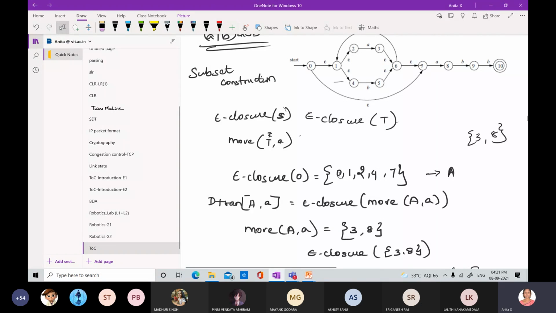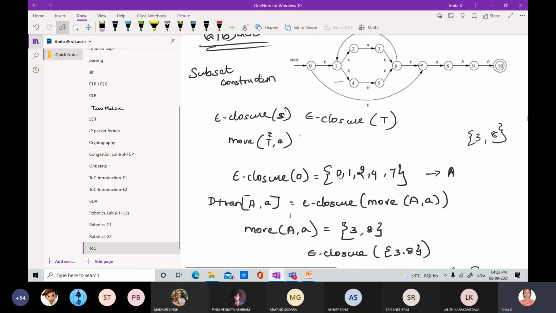In this case, from 0, I'll check whether I have a transition on input symbol a. No, there is no transition. From 1, is there any transition on a? No. From 2, is there any transition on a? Yes, where I am reaching 3. So 3 will be included. And 4, any transition on a? No. From 7, any transition on a? Yes, where I am moving to 8. So this is going to be